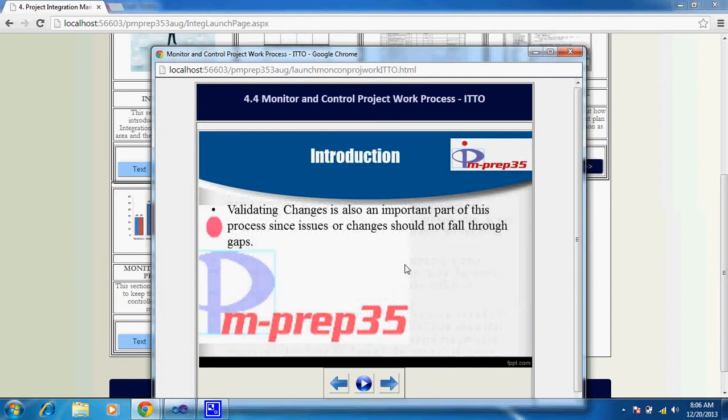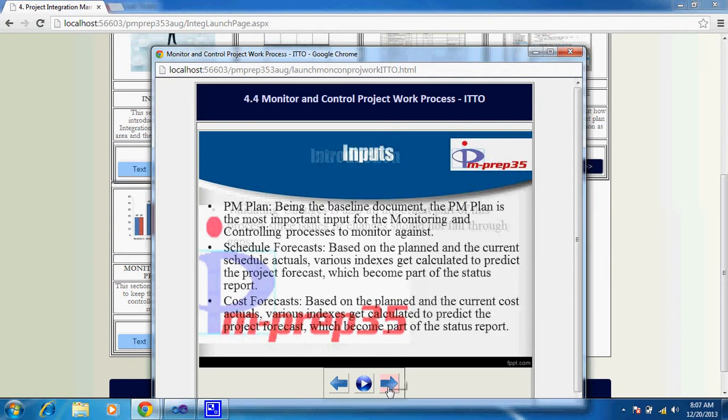Validating changes is also an important part of this process, since issues or changes should not fall through gaps. So once you fix something as per the approved change request, it should be validated as part of this process to ensure that whatever has been approved as part of the change request is the only thing implemented, and not anything else. So based on this, the main inputs for this process are the project management plan, where you